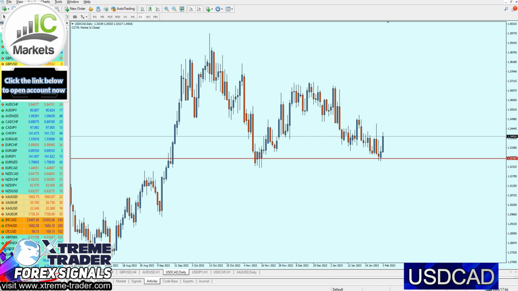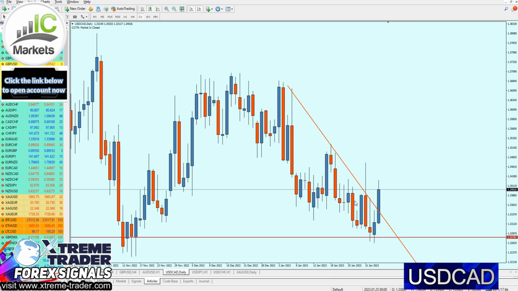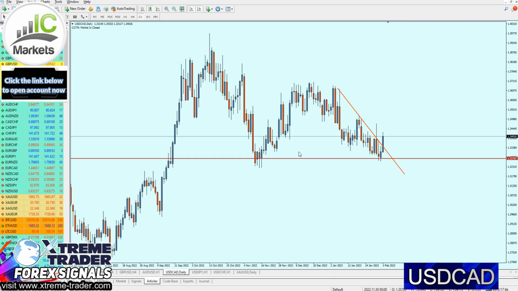Now on the daily chart, the first thing we can see right here is that broken level of a resistance trend line. As you can see, the market has been respecting that level of a resistance trend line, then finally made the bullish breakout from it. It indicates that the market is most likely going to continue the rise at least to reach that level of resistance at 1.36575, which means the USD/CAD still has about 260 pips more to go. Of course, that's not going to be our target. Let me tell you later where the entry and the target are going to be.